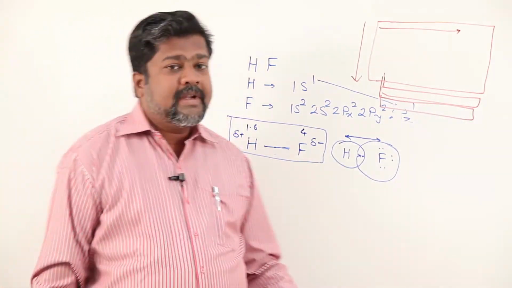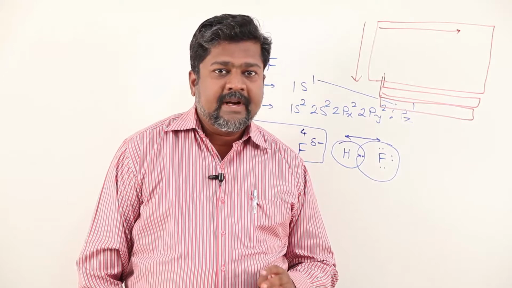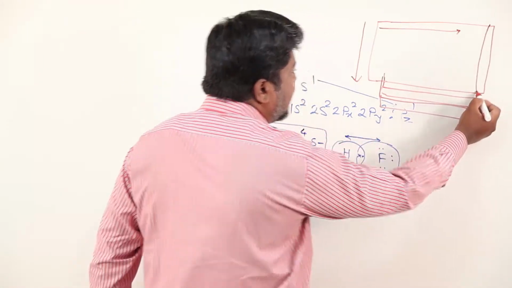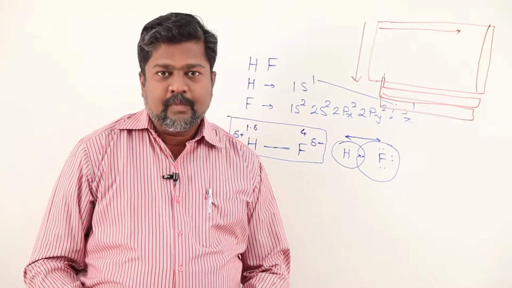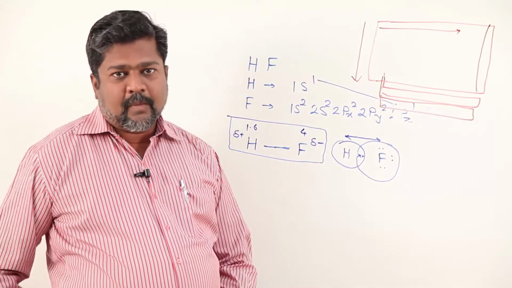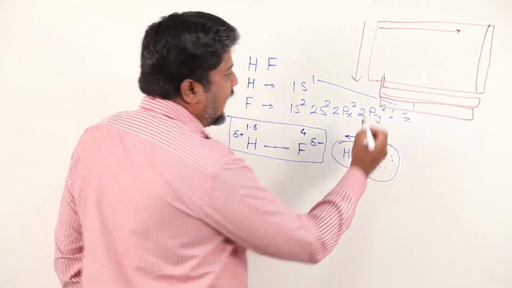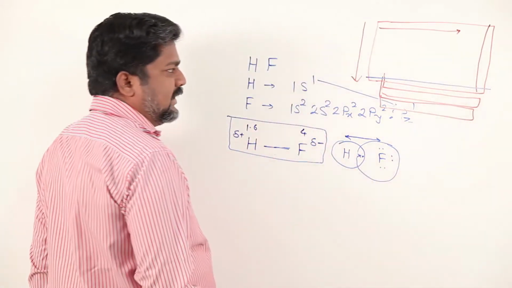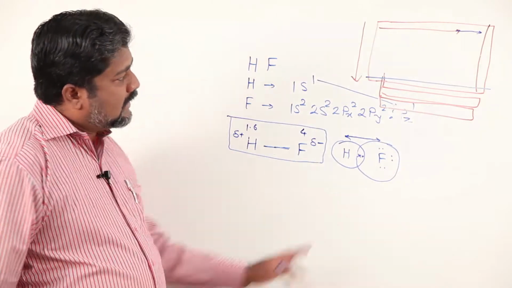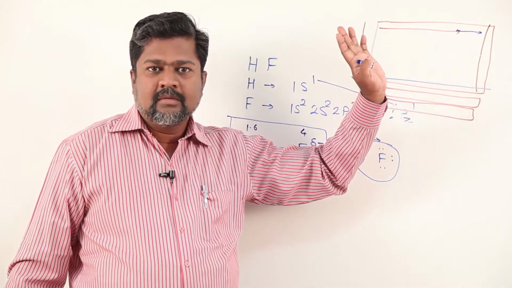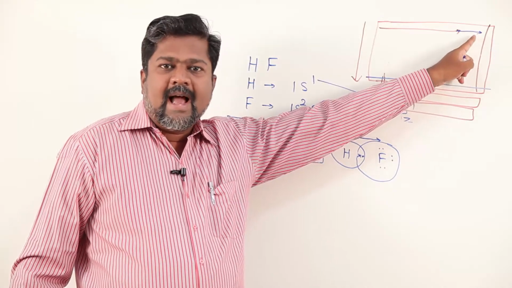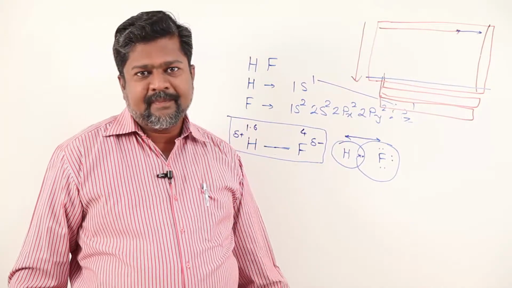So which should be the most electronegative element in the periodic table? Here I am not considering this last group. You are aware that the last group we call the zero group. It is not there in periodic properties, and so we are not considering that, whereas this row we are not considering. So which should be towards the rightmost side of the periodic table? IP value will be maximum, and electronegativity also maximum.